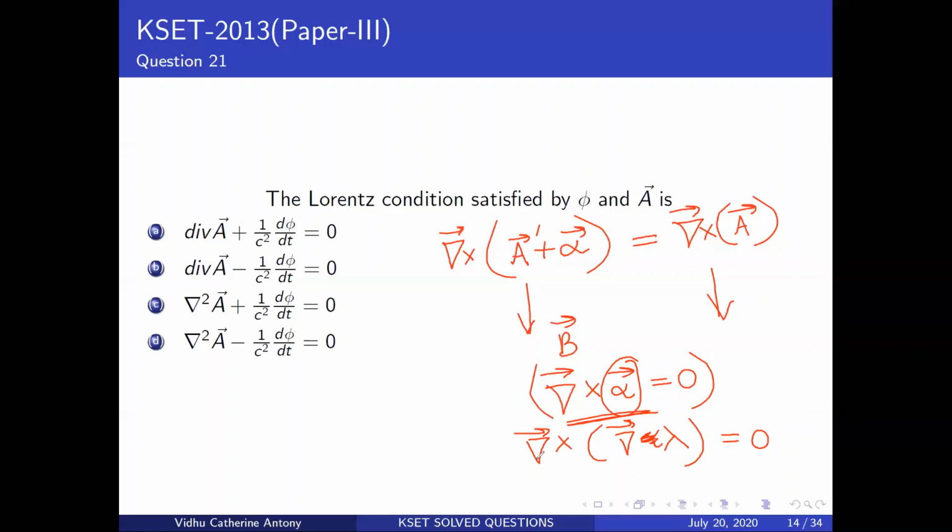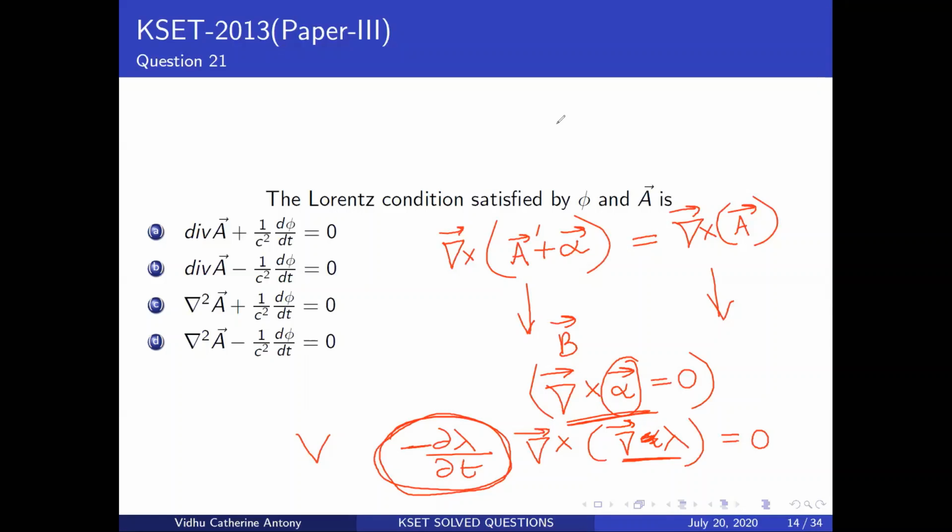Now, if this is the case, I know that I'm supposed to subtract something like dou lambda by dou t from my scalar potential phi. So once you calculate this and work this out, or refresh them, or if you want the notes for them, I can send them to you. Just that sheet with all these technical things, if you want them, I can send them to you. So this is the basic idea of a gauge transformation.